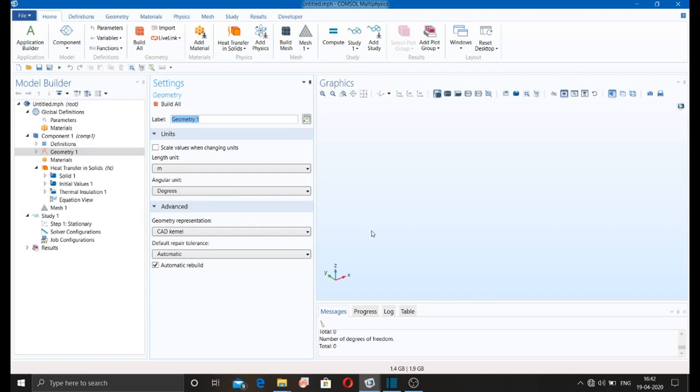So this is the COMSOL desktop. This is the model builder. This is the settings. Here are the messages, progress, log, table.